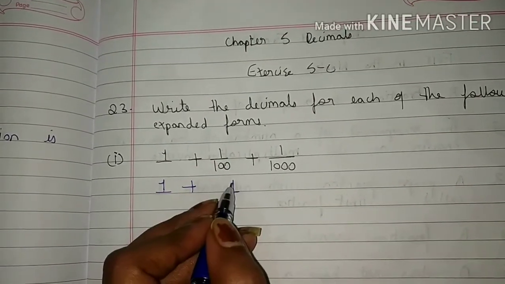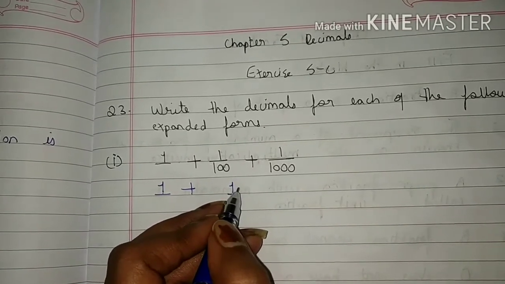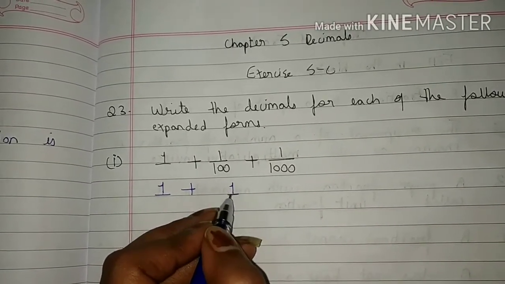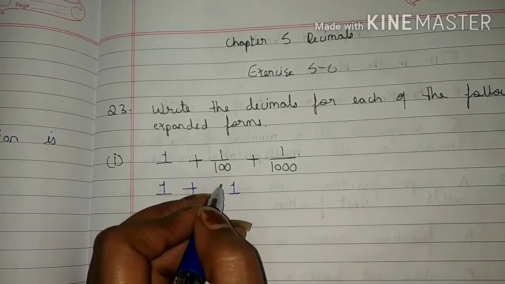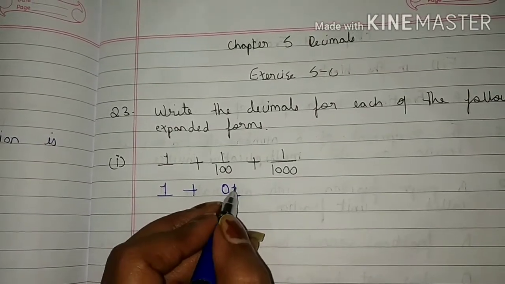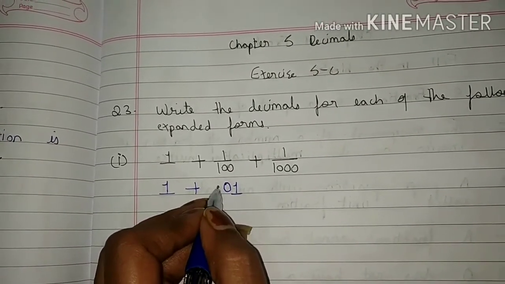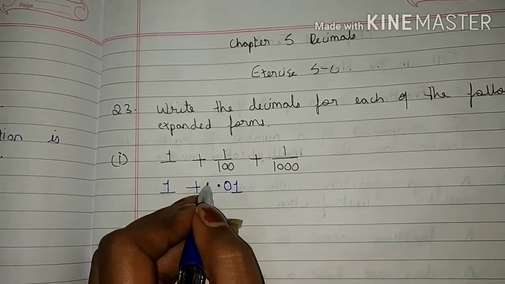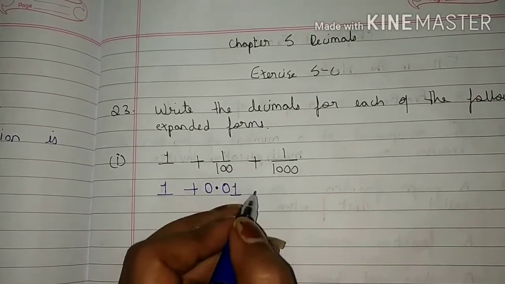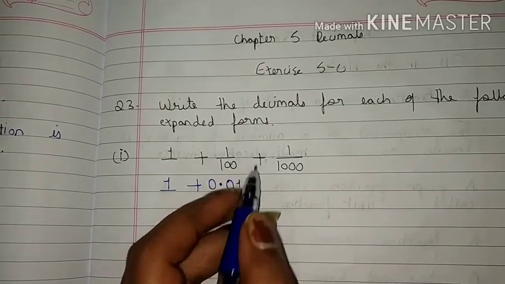Now we will come to the numerator 1, that is here. Starting from the right side, we will leave 2 numbers. We will leave this number because the second number is not given, so we will write here 0. Now we will leave these 2 numbers and then put a decimal point here. After that we will write 0. Students, this is 0.01. Now plus.